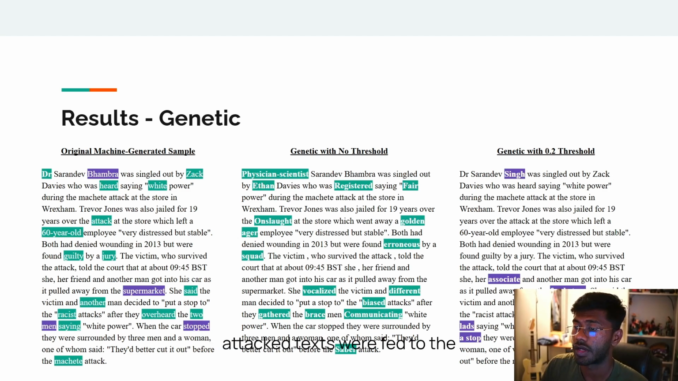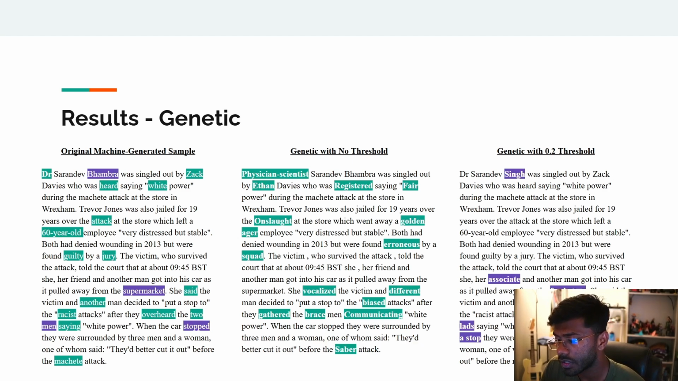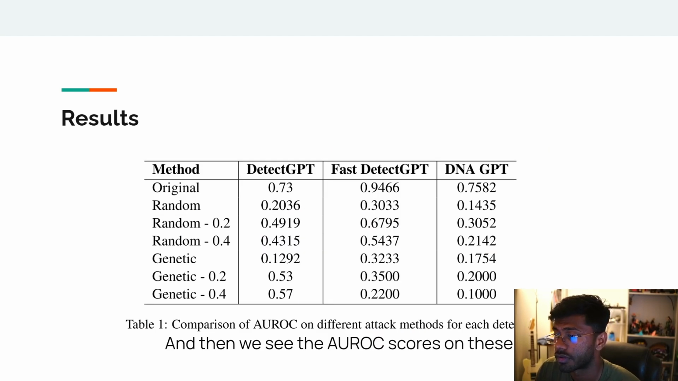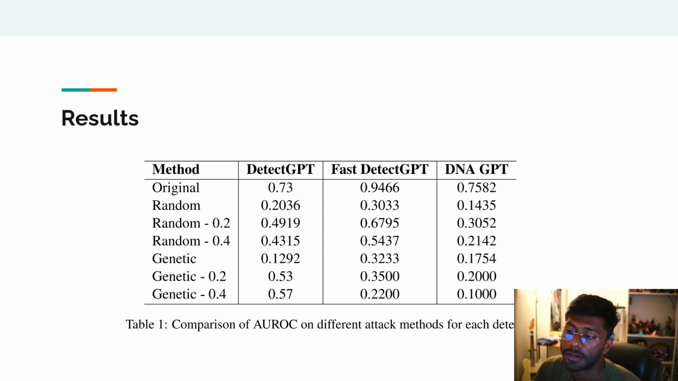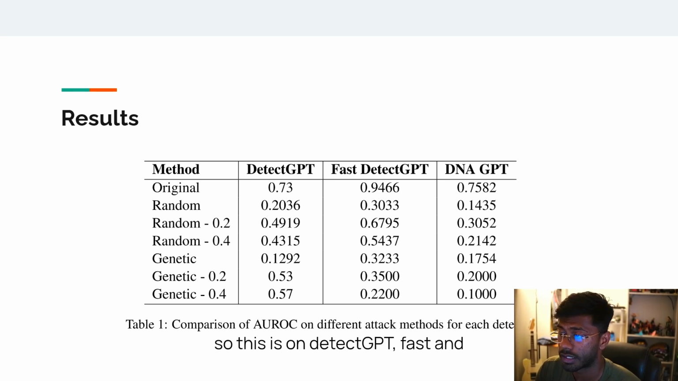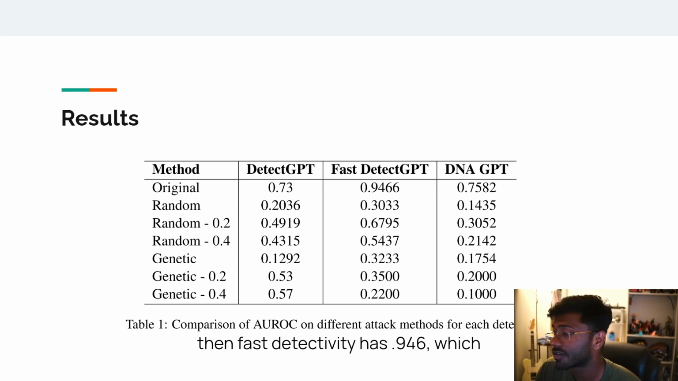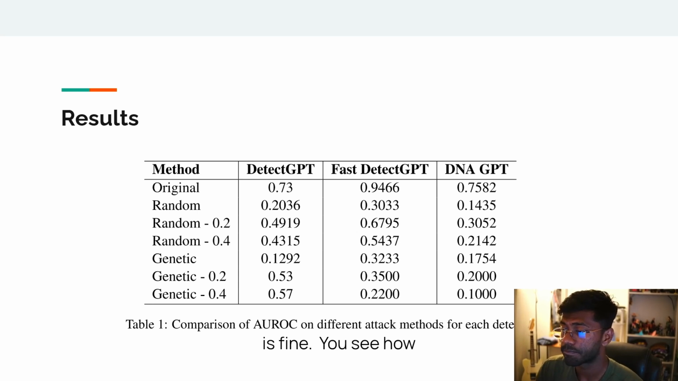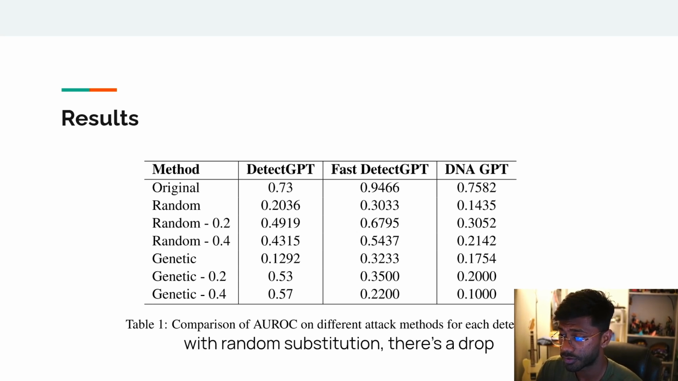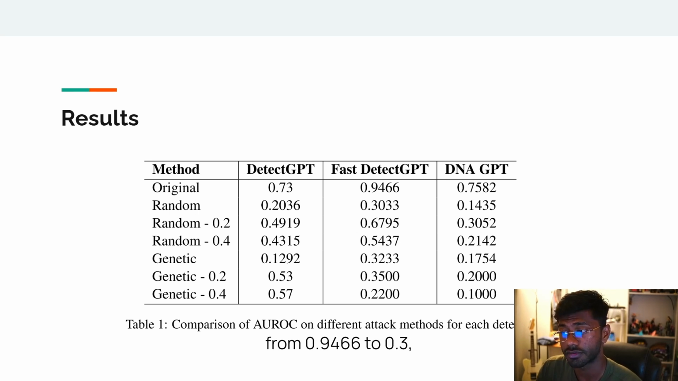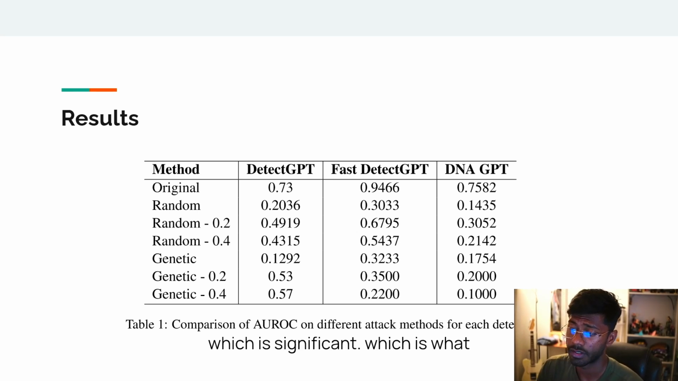And so now these attack texts were fed to the zero-shot detection techniques, and we see their AUROC scores on these different texts. So this is on DetectGPT, Fast DetectGPT, and DNA-GPT. DetectGPT on the original still has like a 0.73, which is not great, but then Fast DetectGPT has 0.946, which is fine. We see how with random substitution, there's a drop from 0.9466 to 0.3, which is significant, which is what the initial paper by Shi reports on,